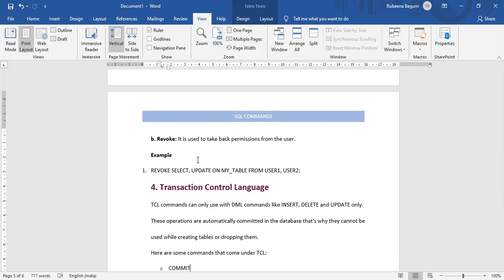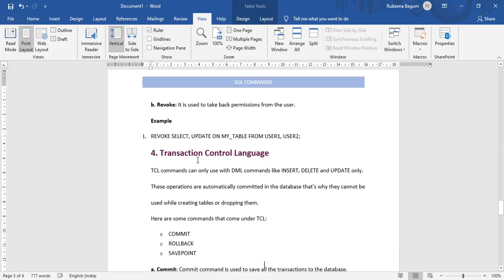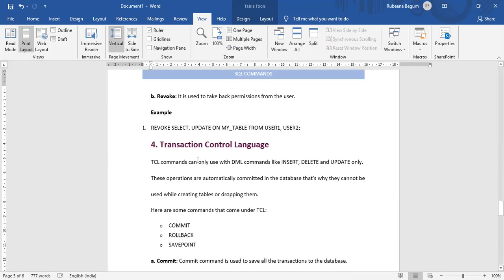Now coming to the TCL commands, transaction control language. Here we apply it purely to the DML commands. TCL commands can only be used with the DML commands, that is insert, delete and update. Commit, rollback and savepoint are the three TCL commands. Commit means saving all the transactions of the database.